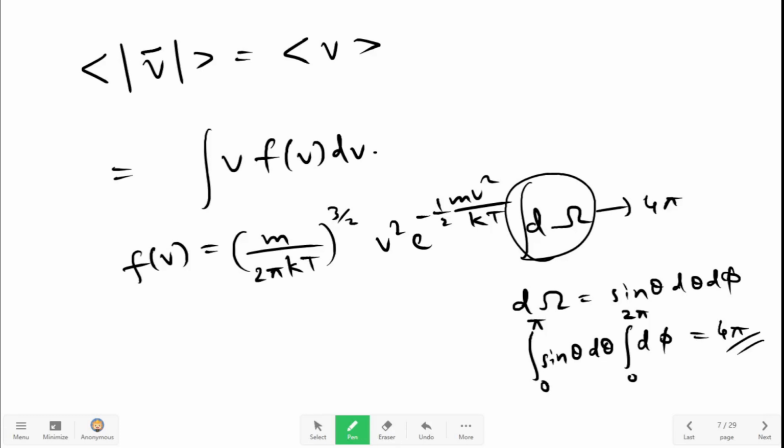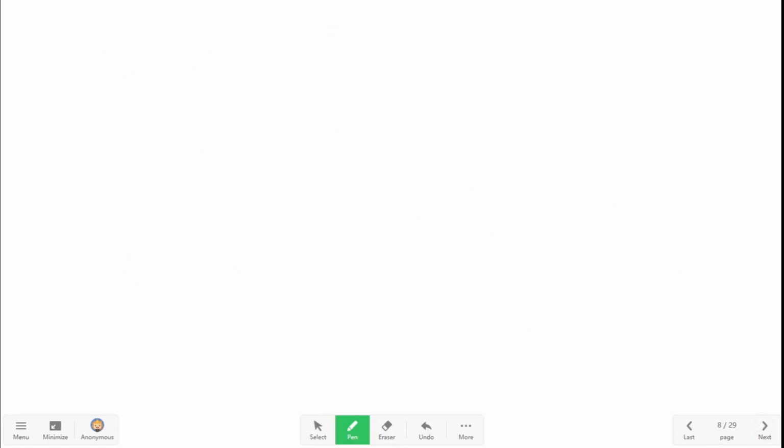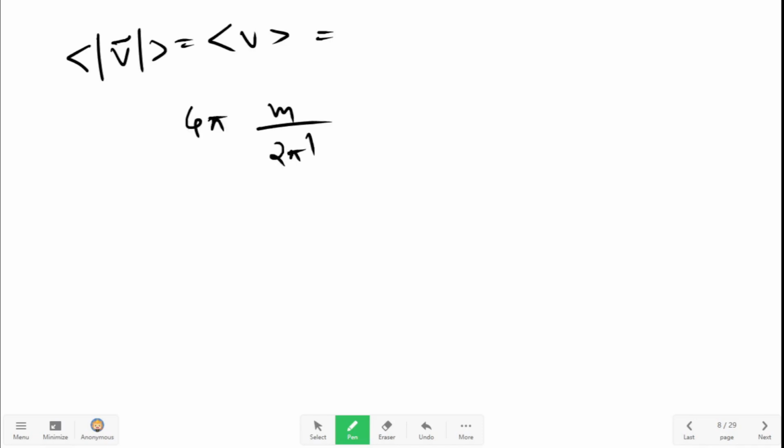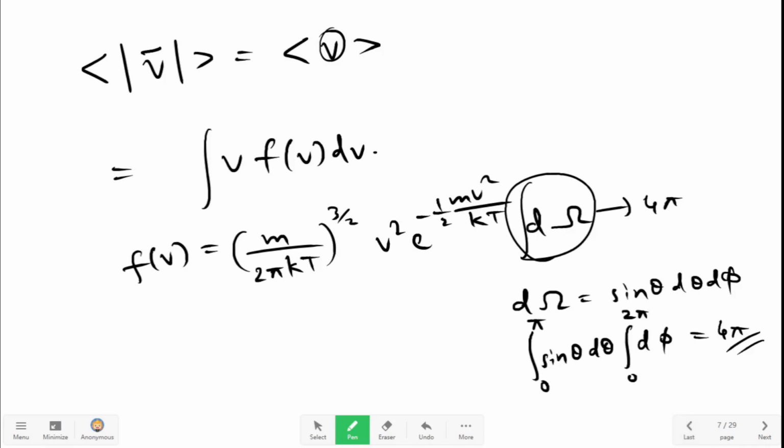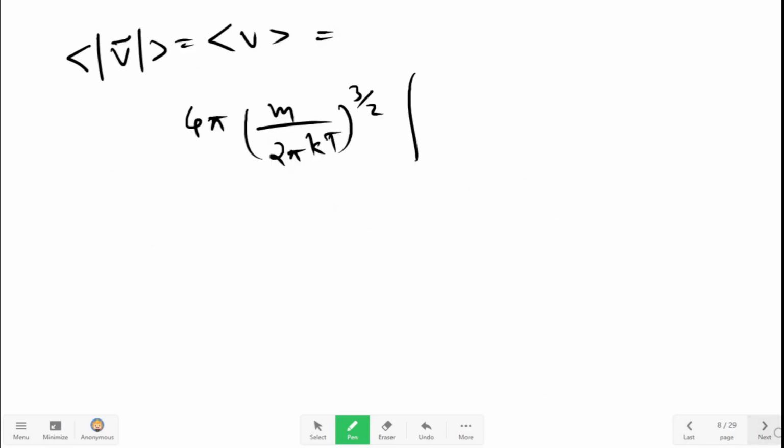You can see that there is no dependence on theta or phi in V. Therefore we can write the average value of modulus of V, which is equal to the average value of V. This is equal to 4 pi times m by 2 pi kT whole raised to 3 by 2, integral, there is a V here and there is a V squared in the Maxwell distribution function. Therefore we have the integral of V cubed, the integral runs from 0 to infinity, e raised to minus half m V squared upon kT